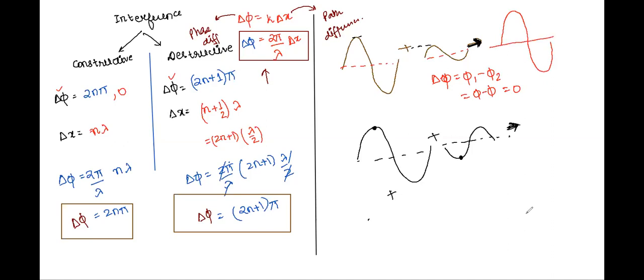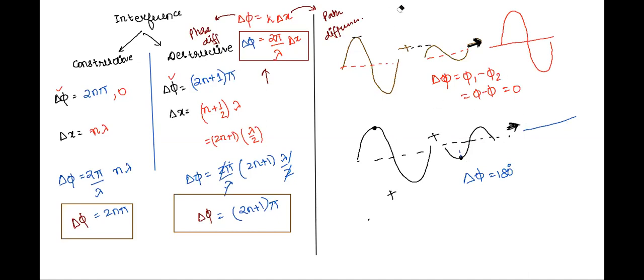See here, we'll see that. How about this one? Here, they are in opposite phase. We'll call this a phase difference of 180. So the amplitudes will get subtracted and it will be even a lesser amplitude than the smallest one. So it will be something like this. Are we clear with this, Atul?